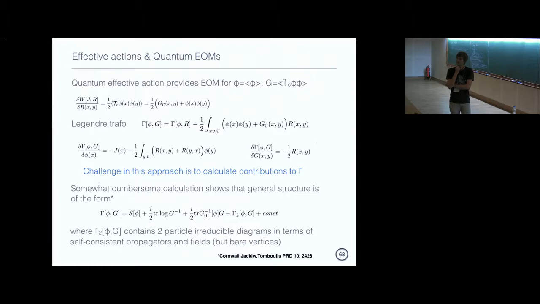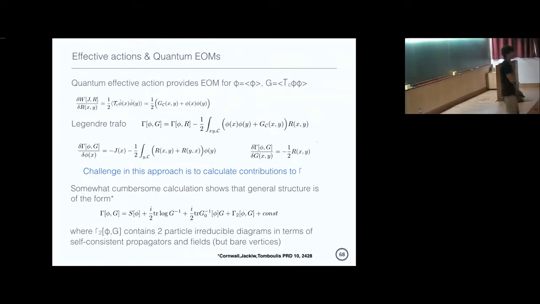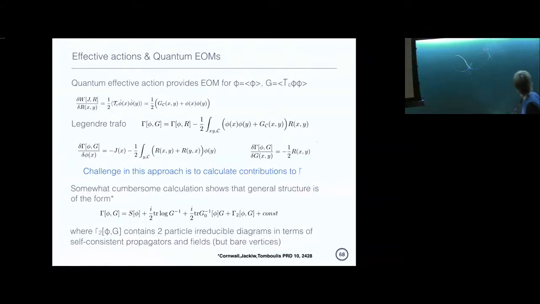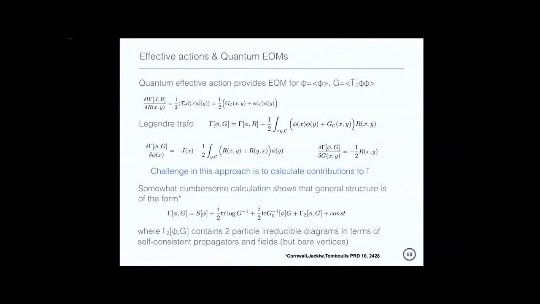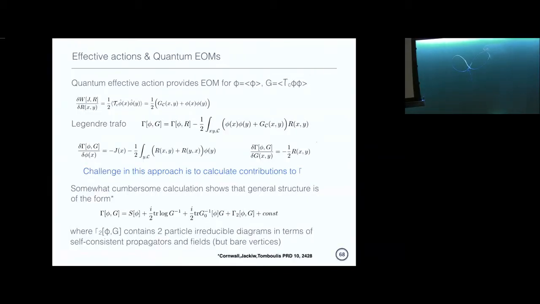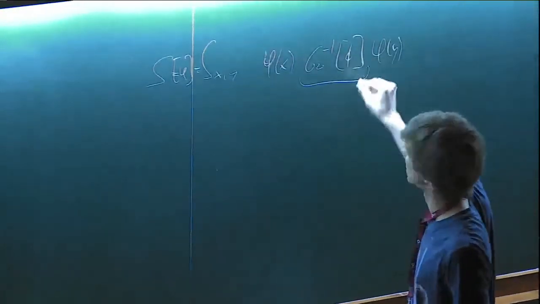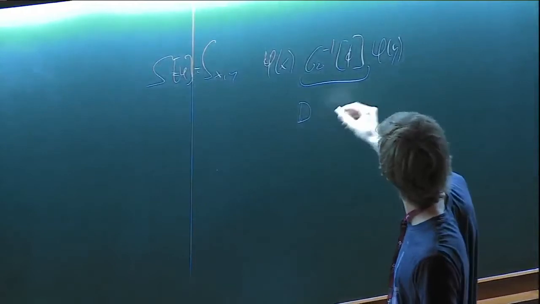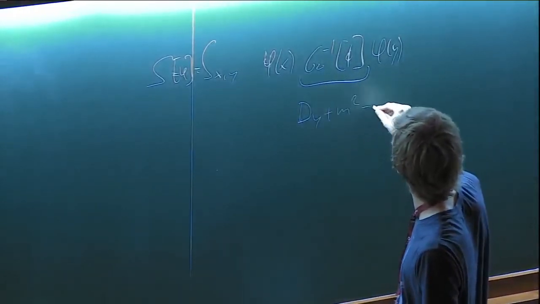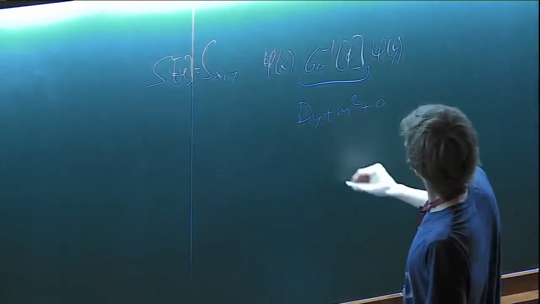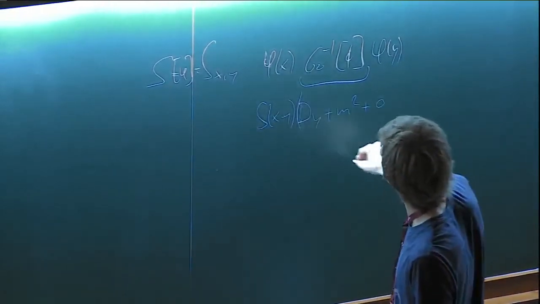What is the difference between G0 and G? I mean, you are saying that these are both propagators. Yeah, very good question. G0 inverse is just the term that appears essentially in the classical action. So if you write the quadratic part of the classical action, something like x, y, as a function of this field phi, phi of x, and then you have G0 inverse of phi times phi of y. So this is something like box y plus m squared, let's put the delta function here, something like this,